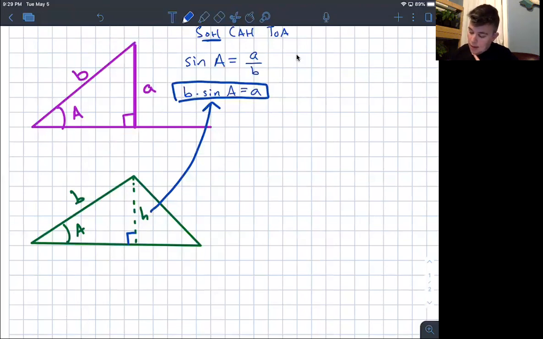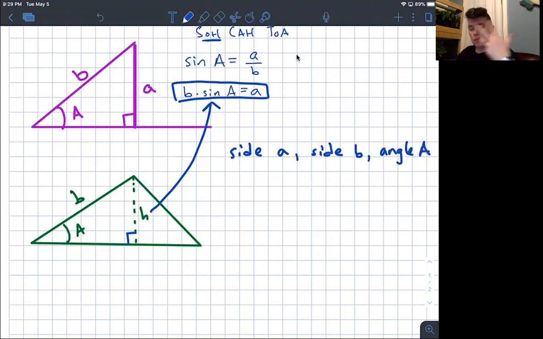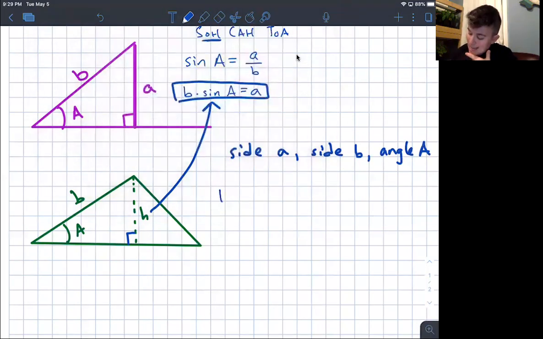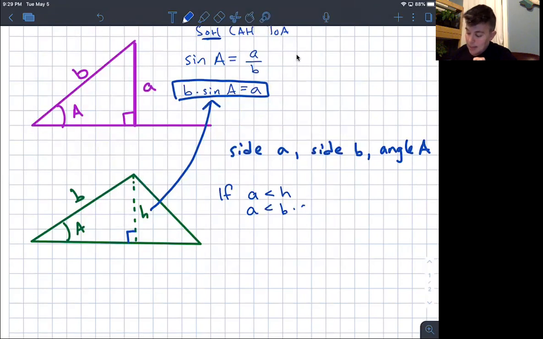If I'm given side A, side B, and angle A, which is angle-side information, so I know it's an ambiguous case, here are the things that I can tell from this. If side A is less than the height of the triangle, so that means that side A is less than B times the sine of angle A. Right? If side A is less than the height, so B times the sine of A, what that means